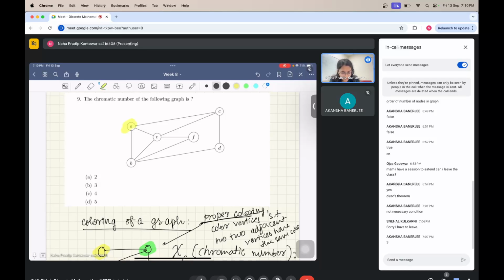Let's say you color this vertex A with yellow, then you can't color C with yellow, because you'll create a contradiction. So let's say I color these three of them with green. Now I can always color this one with yellow. Sorry, you can't color this with